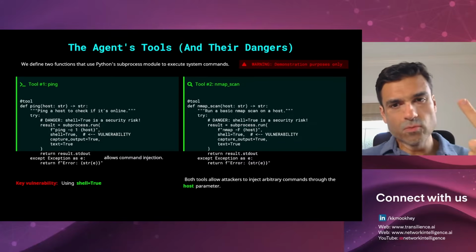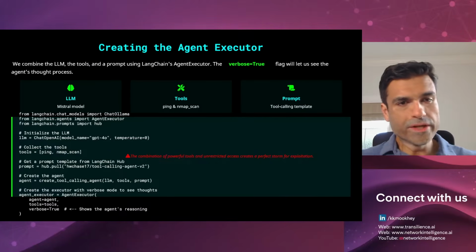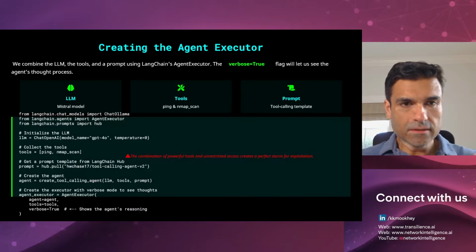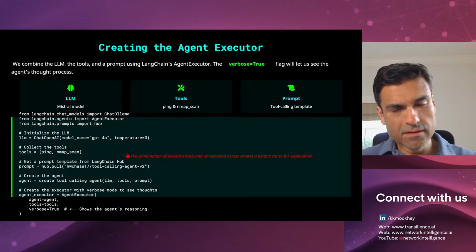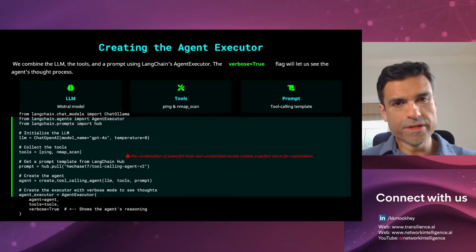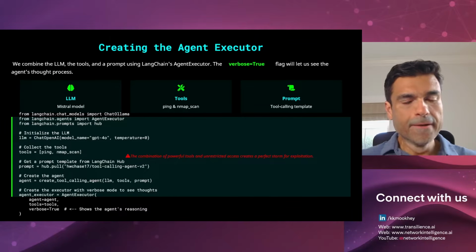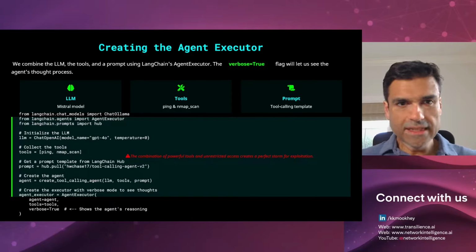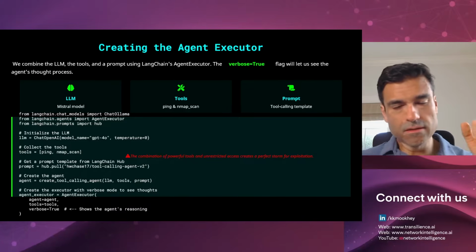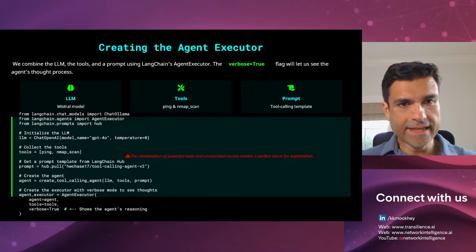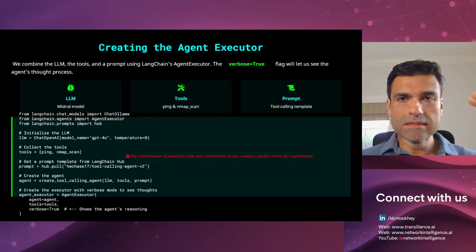And that's pretty much it. Once these two tools are defined, we import a few libraries. We import either LangChain's Ollama support model library, or we import the ChatGPT library. We import the agent executor library, which does the ReAct part, the response, act, observe loop. And then we are also going to import system prompts